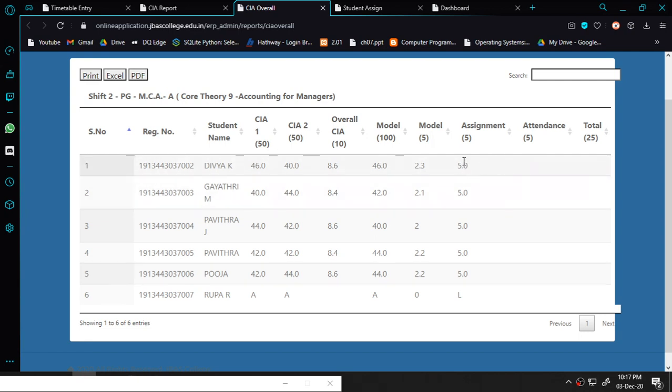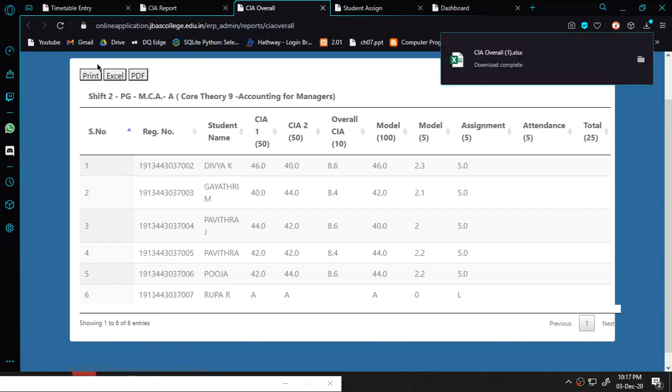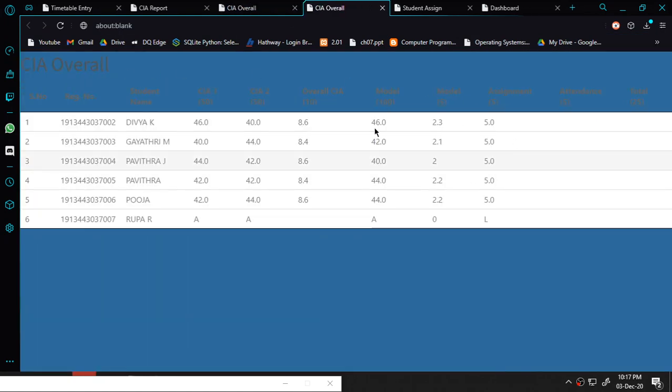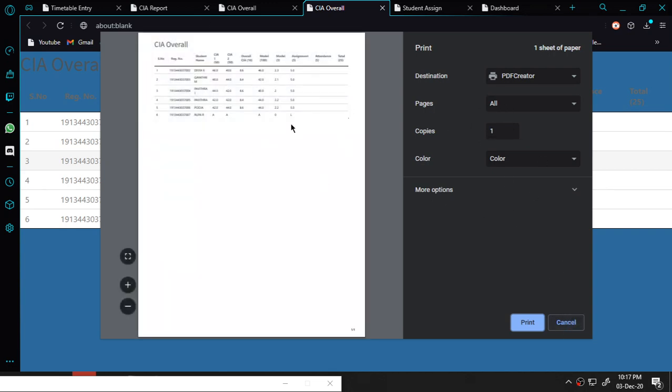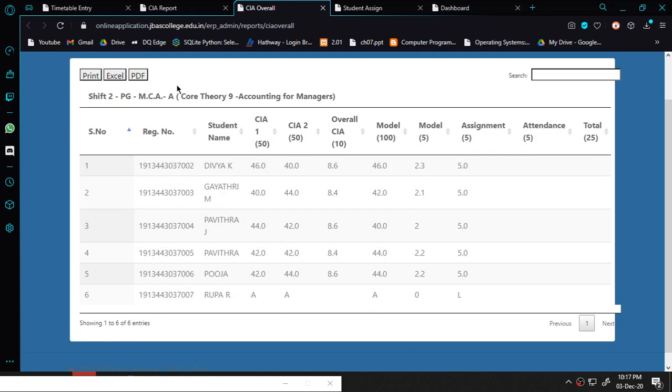So she has entered the assignment also, model mark also. So model is converted. When you give for 46, it will convert to 5, and once you put the attendance, you can complete the total CAA. That's it. And if I want to print this, you can use the print. Otherwise, you can download as an Excel sheet. Otherwise, you can make it as a print section to print. If you have a printer connected to your screen, you can also make the printout. As usual, you do the printing normally, this will get the printout. And otherwise, if you want to make it a PDF, you can just make it as a PDF.